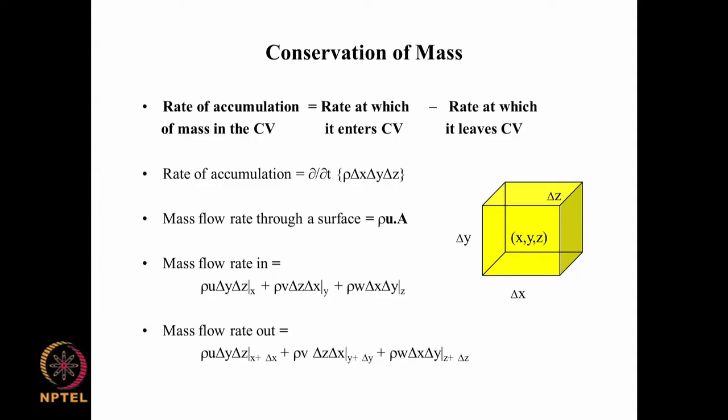The most basic of these is the conservation of mass. In the absence of nuclear reactions, which is what we are considering, we expect conservation of mass to be upheld while the fluid is flowing. Conservation of mass can be represented mathematically as dm by dt equal to 0, but when we are dealing with fluids,